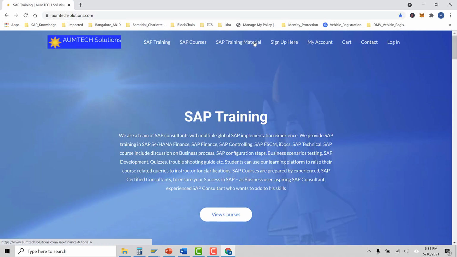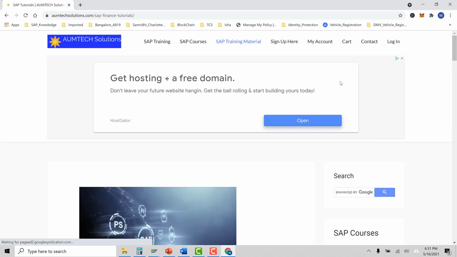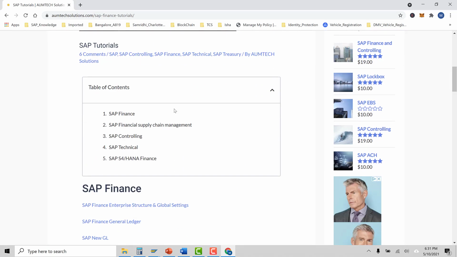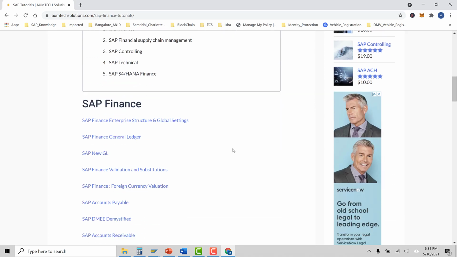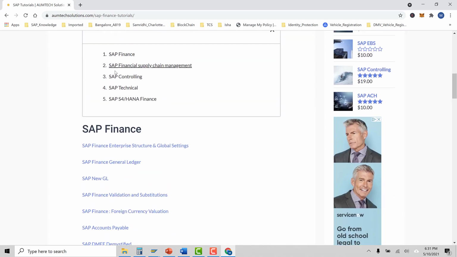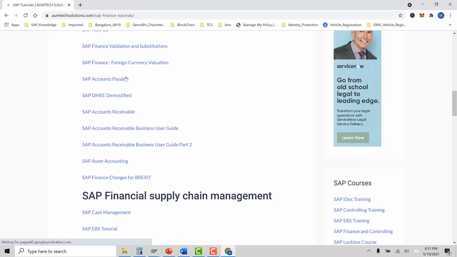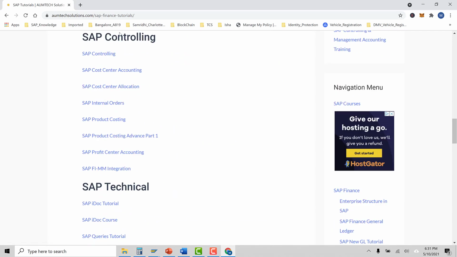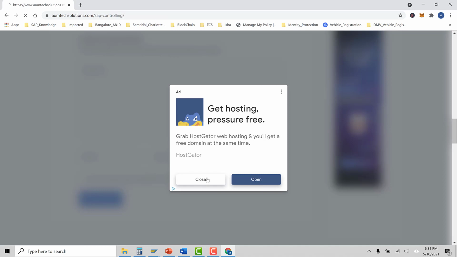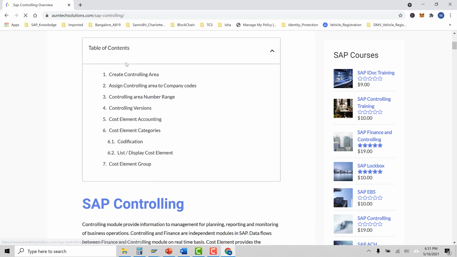This has a lot of study material, training material available, mostly free of charge, on SAP Finance, Controlling, Treasury, FSCM, iDocs, Technicals, S4HANA, and so on. So let's look at this, the controlling area, SAP Controlling. Under SAP Controlling, we were discussing the SKF. If you want to understand SKF, that should be a part of your